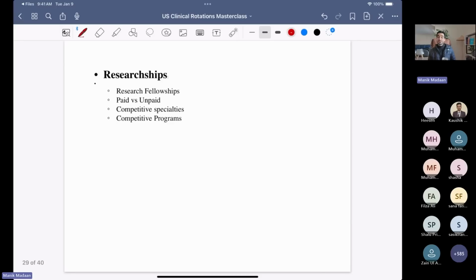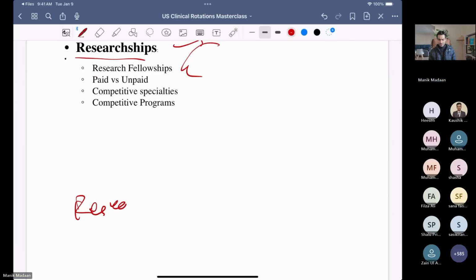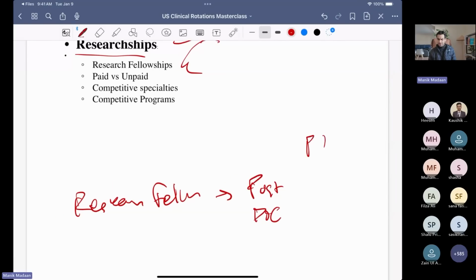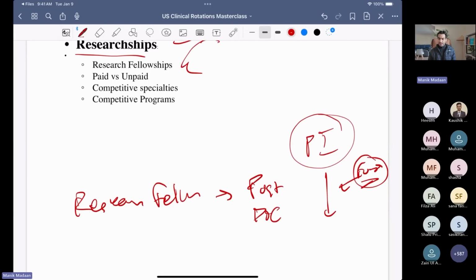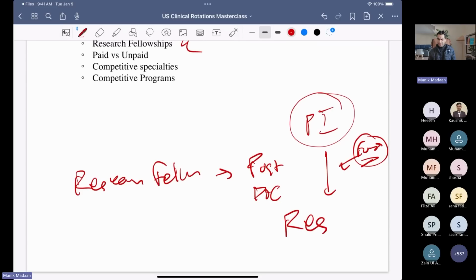Lastly, that brings me to researchships, right? Which many people ask me about. A researchship is an experience, which is a sub-internship, which comes out of a research fellowship. So research fellowships are working as a postdoc in the US under a PI, which is a principal investigator, who's funded, or could be unfunded at times, but funded, right? Doing some kind of research for that institution, right? So this guy has a grant or something, and he's paying you or not paying you out of the grant,